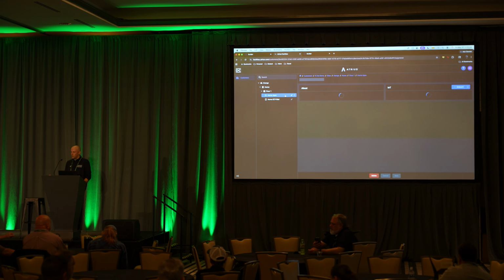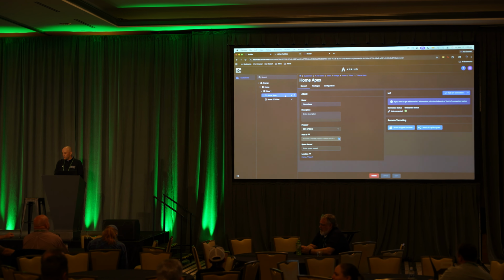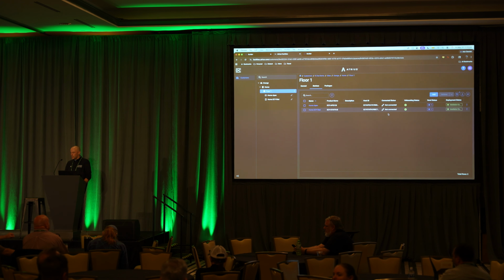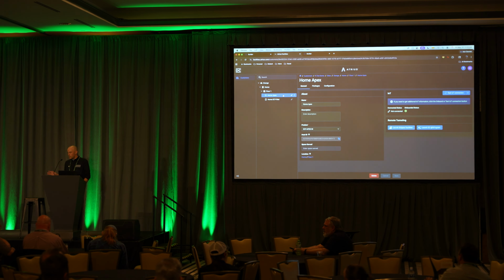And then if I get to the actual controller itself, or if I get to the floor and go to devices, we can see that my connection status is not connected, but I have onboarded these controllers. So if they do get powered up and get internet access, once they get online, I can get to these controllers remotely without having to do any sort of VPNs, any sort of other connection to get them. So from there, on our devices, we can manage everything in here. I can launch Eclipse Facilities, which is our web UI, to manage all the controllers there, or I can launch GFX and